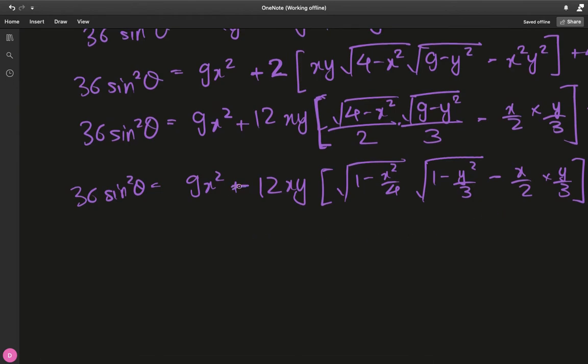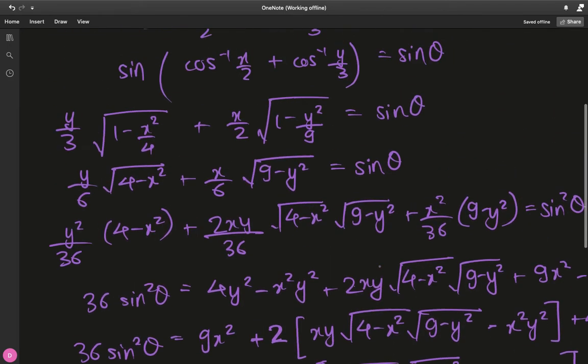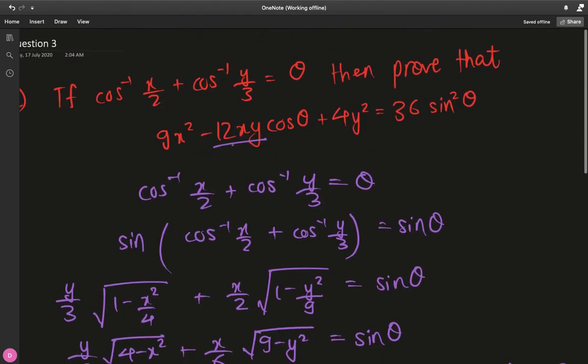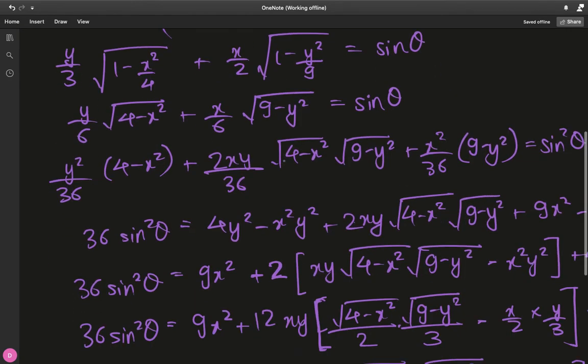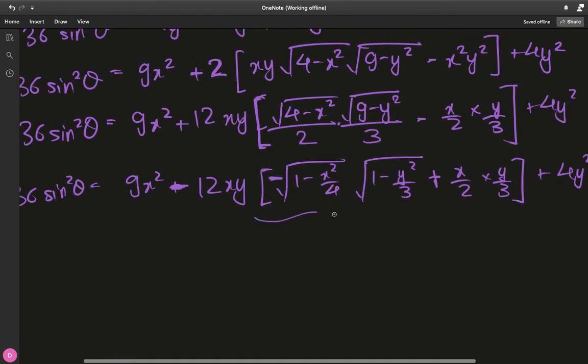And I would suggest taking a negative out as well so we can switch the order of these things. Okay, so we have the negative 12xy in place, but it's suggesting that this term is cosine theta, and